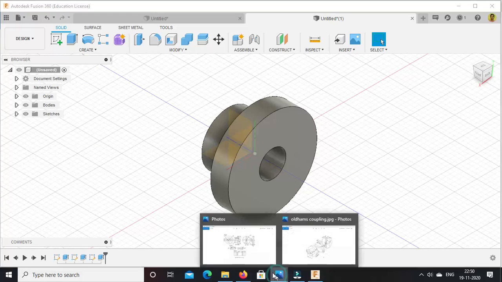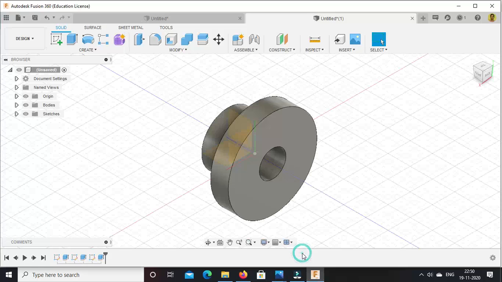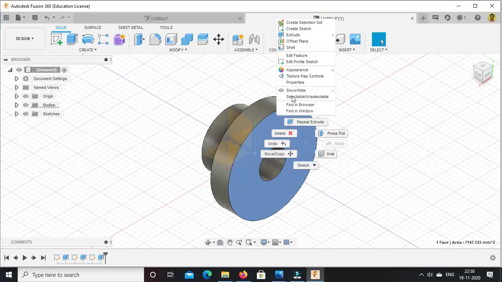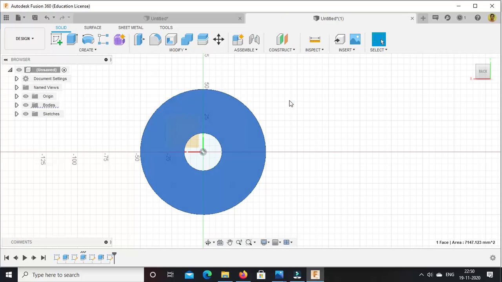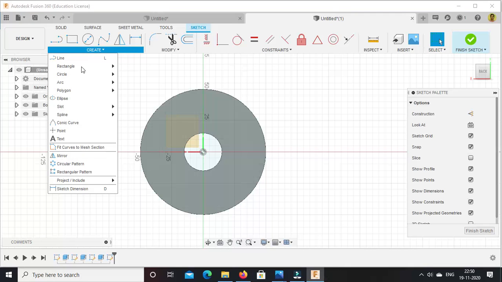So how the orientation is, we will refer to this diagram. Orientation is horizontal, so we need to draw one rectangle of width 12 mm and this much length, that means 100 mm. Okay, that means this circular portion is of 100. So again, select this face, go to create sketch option, draw one rectangle, I will select